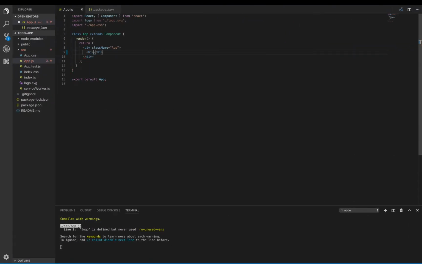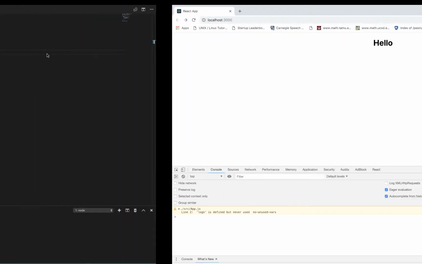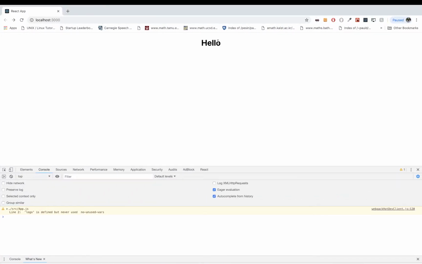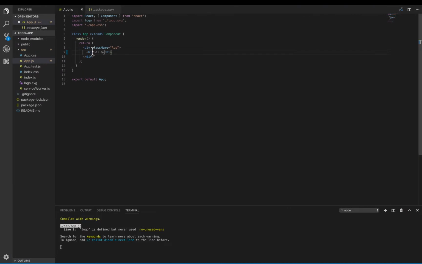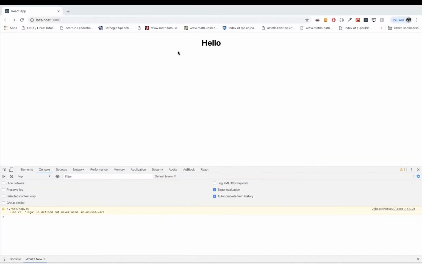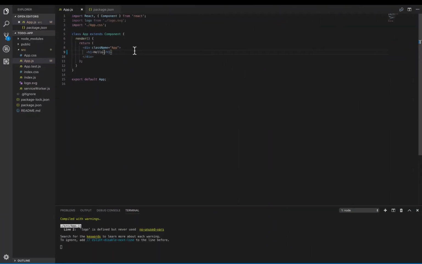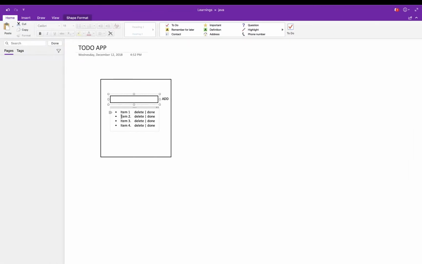Just to show you, you make any change and it's going to go ahead and reload that component that changes. So React actually helps you think in components, which helps you to structure your code in a way that you have components that are reusable, right? So in this